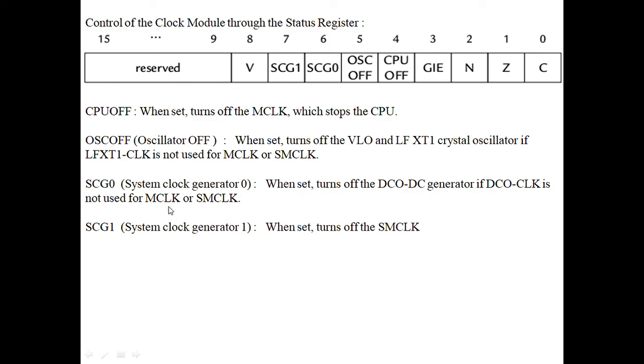Similarly, if you want to stop the DCO, we can give 1 to the SCG0. If you want to stop the subsystem master clock, we can give 1 to system clock generator 1. Like that, we can control the clock signals in the MSP 430 clock system.